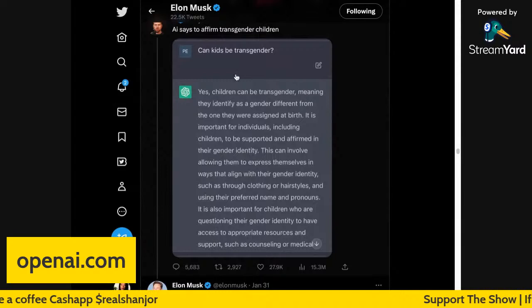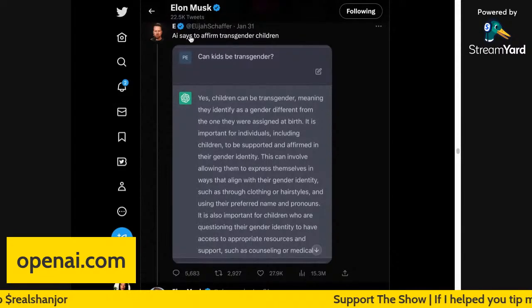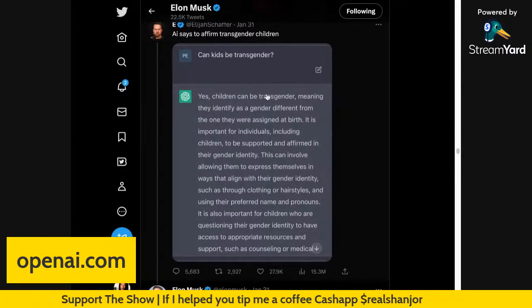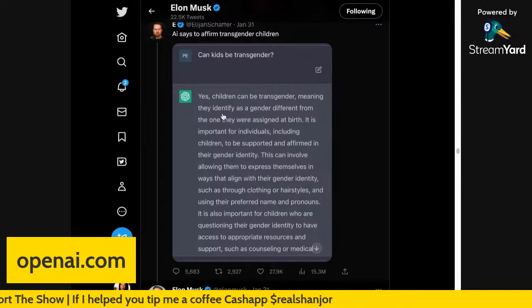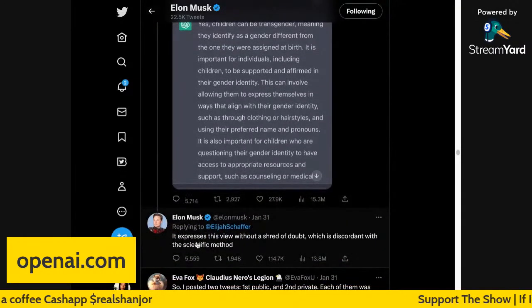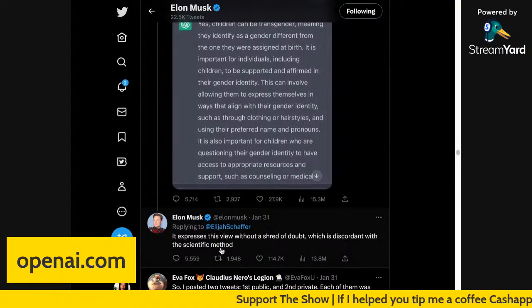Even with this question, someone asked AI, can you affirm transgender children? And AI pretty much said, yes, transgender meaning that their gender is different from what was assigned at birth. Here he goes: it expresses this view without a shred of doubt, which is discordant with the scientific method.